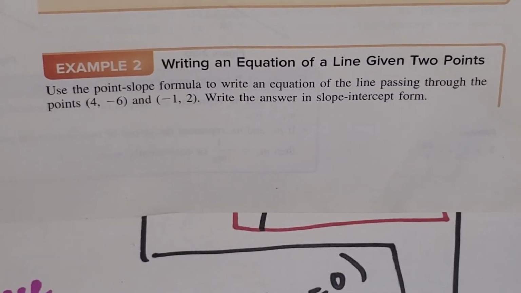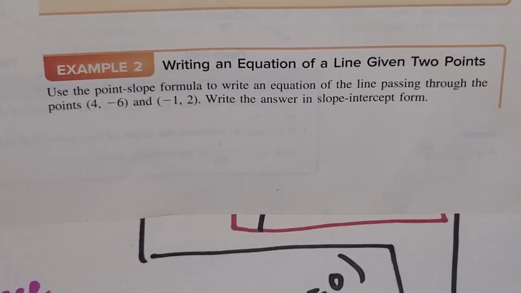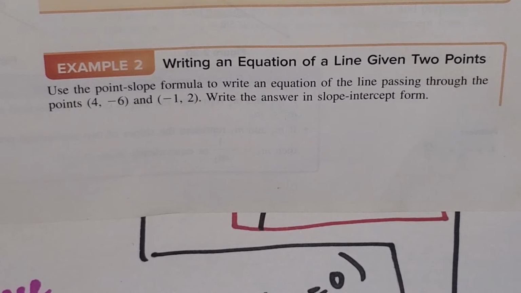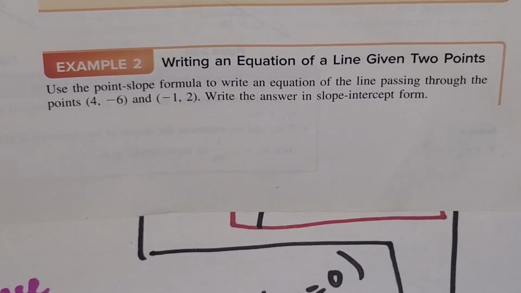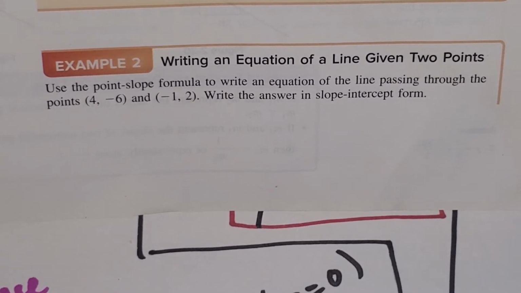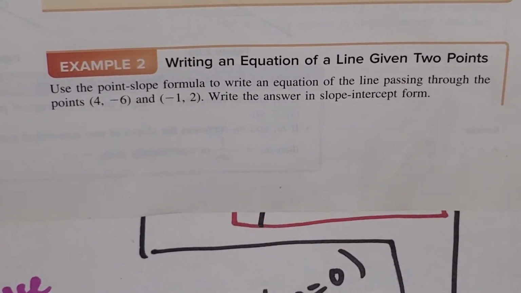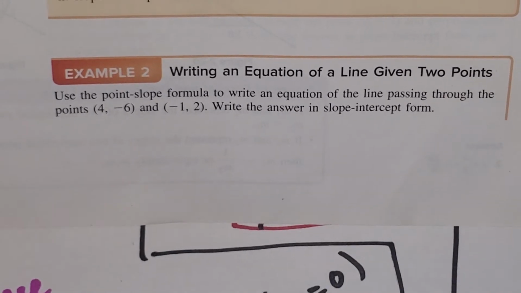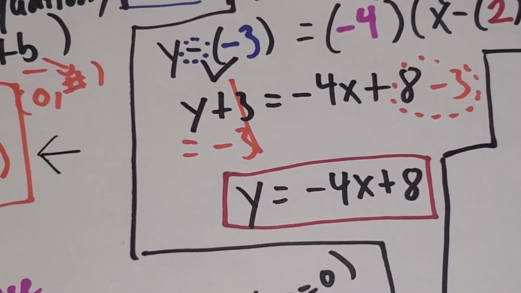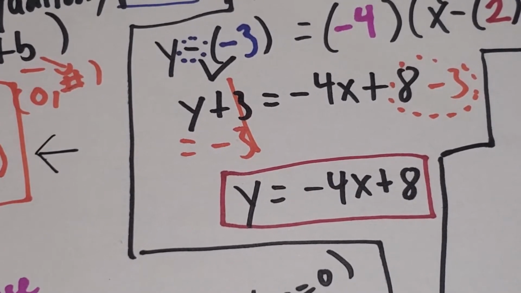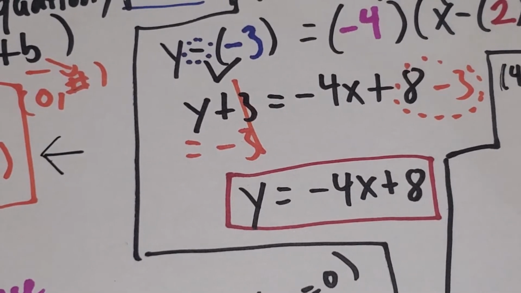So here's the question. Write an equation of a line given 2 points. So again, that's the second one. Using the point slope formula to write the equation of the line passing through 4, -6 and -1, 2. And again, it wants you to write your answer in slope-intercept form just like the last one. So if you want to pause the video and go back to see what those 2 points are, the 2 points were 4, -6